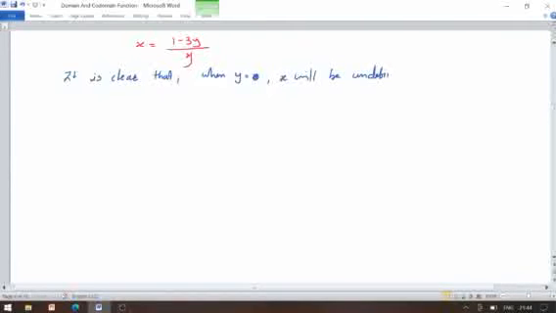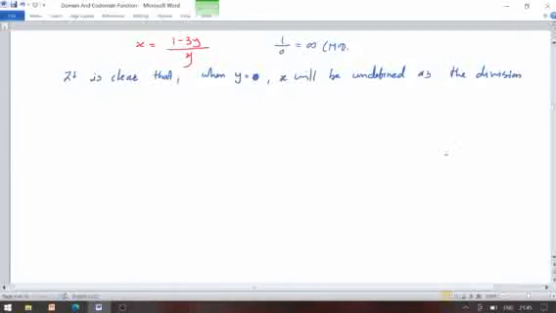Why does it become undefined? Let's replace y by 0. We get 1 minus 0 as 1, and y becomes 0. So anything divided by 0 must be infinity or non-defined. So when y equals 0, x will be undefined as the division